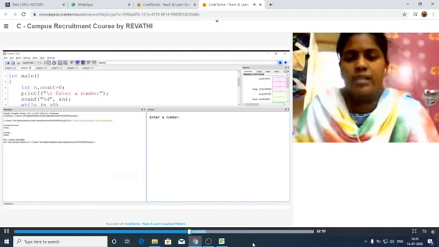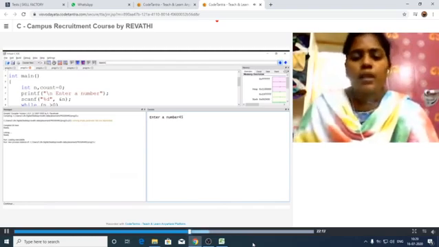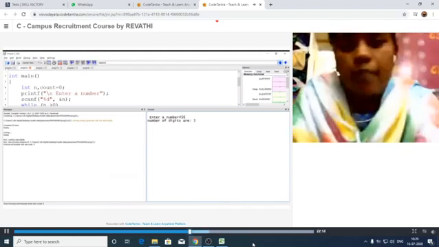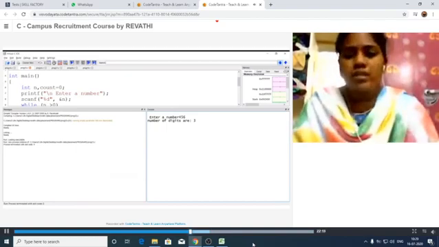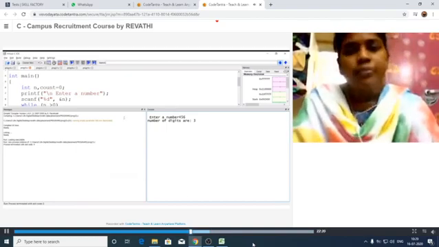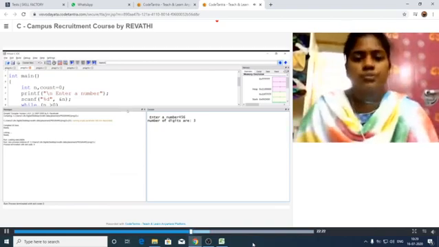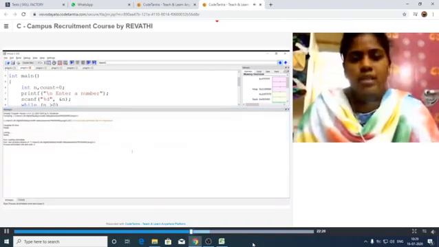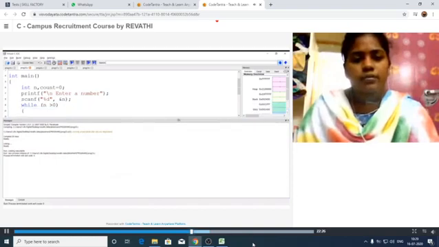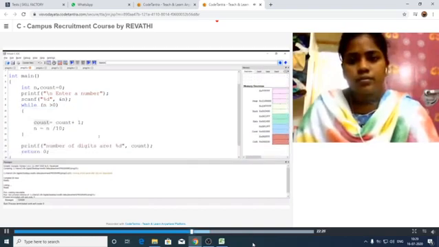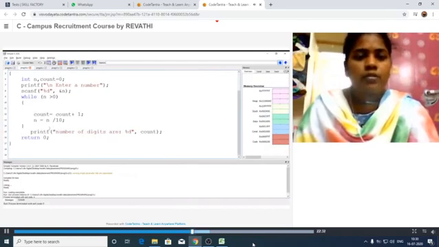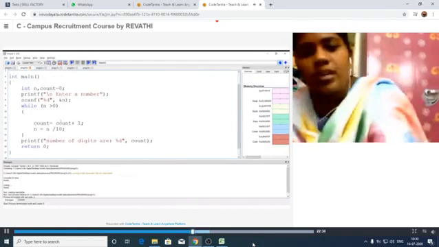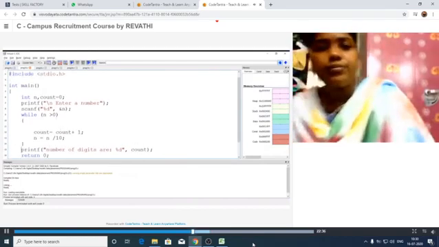For example, I am giving 456. Just click enter. The number of digits is 3. Okay. So like this, we have to write a C program for calculating the number of digits present in our given number. If you want, you can write down the program for that.